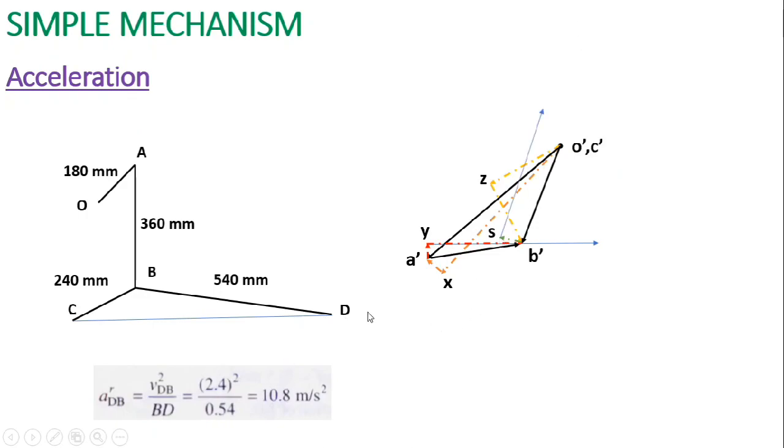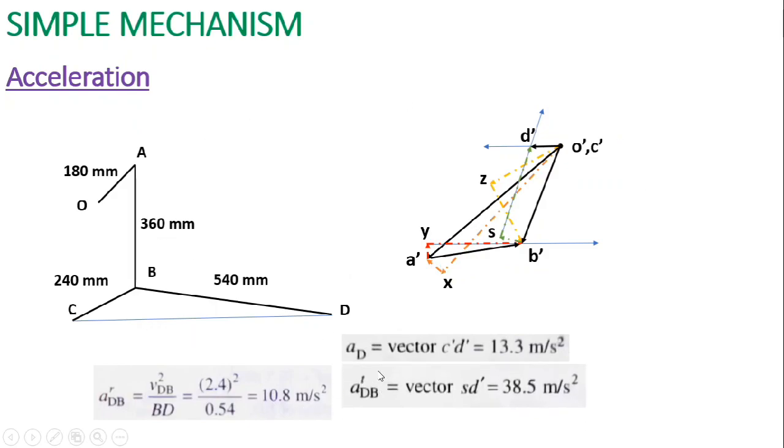Now we know that the slider will slide horizontally, so its velocity as well as acceleration vector both will be parallel to the horizontal. So for the slider we get this acceleration vector. Now they intersect at this point, so over here we get the tangential acceleration component of BD and the acceleration of the slider at point D dash. So measuring this, we get the slider acceleration, that is AD, as 13.3 meters per second square. Now in the problem it is asked to determine the angular acceleration of BD.